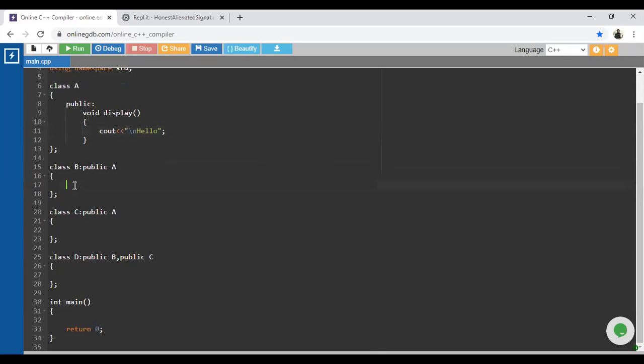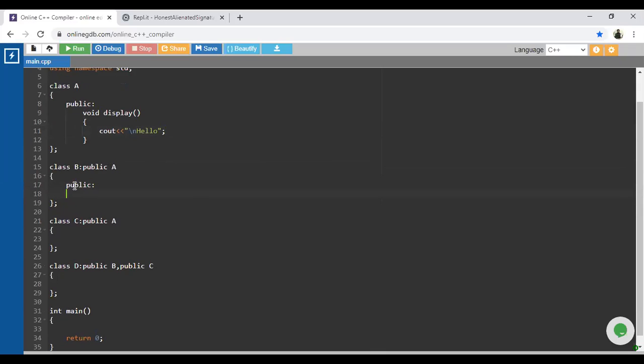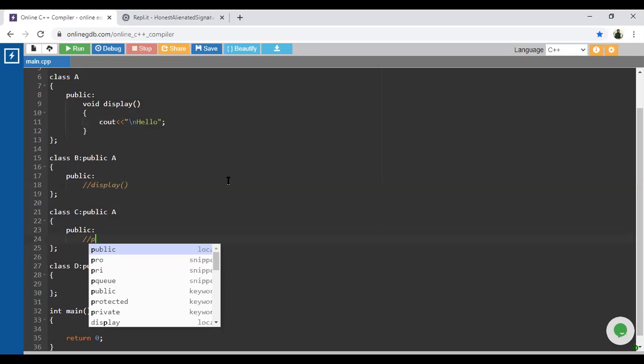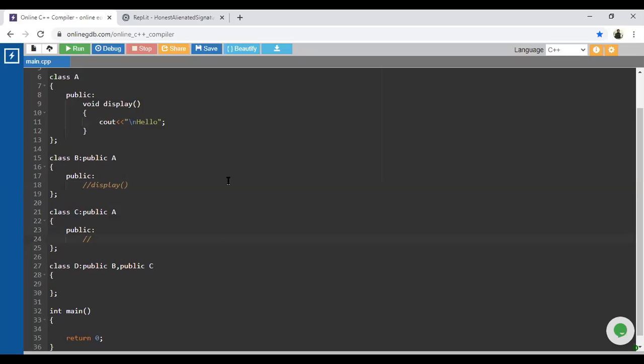Inside which scope? Inside the public scope. Am I right? Similarly, that particular display method is available inside the class C and inside the public scope.